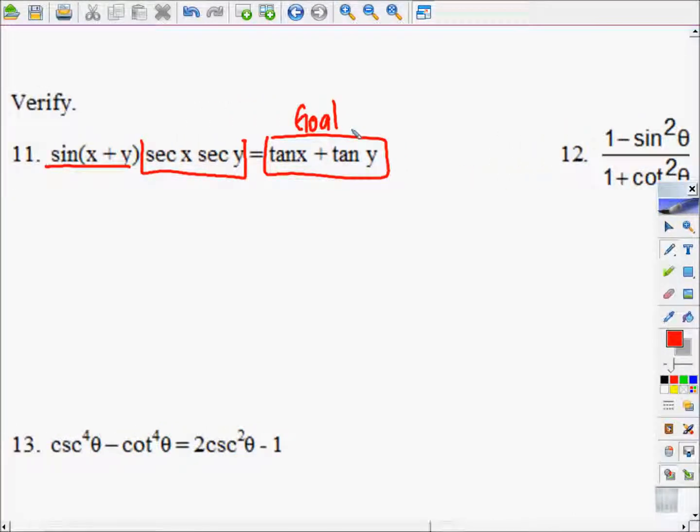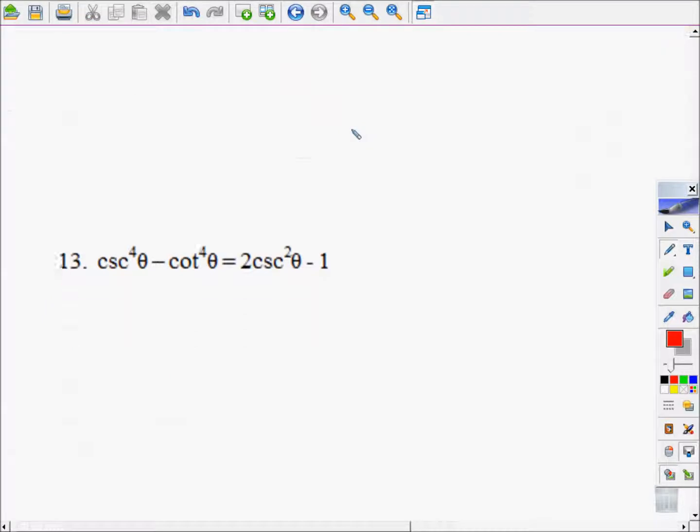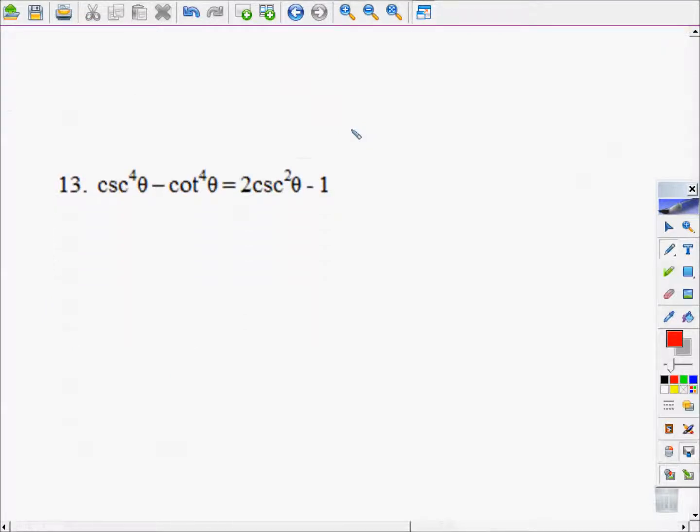On 13, what was I going to say? On 13, you either can choose the right or the left side to work. Some people may find